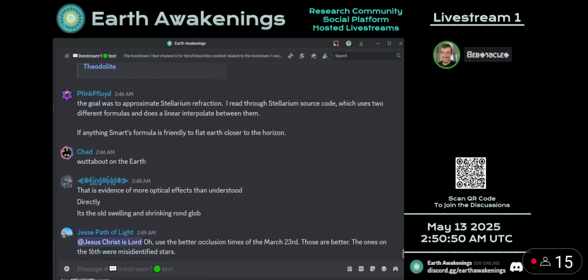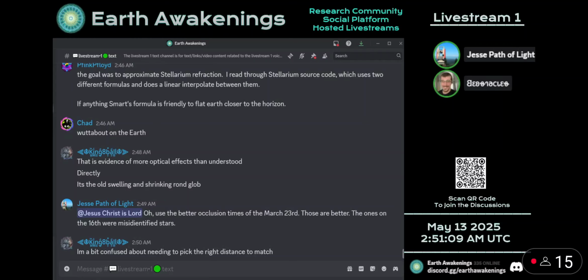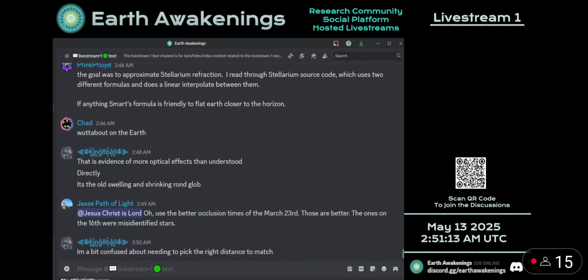Couldn't figure out how to cherry pick the data until you incorporated refraction into the Hefron method. Congrats. Well, remember that I'm not using the simulator as evidence. I'm simply using the simulator to help me know where to go to get globe results, rather than being objective and just taking in the data as is. Yeah, but the point is, if I can demonstrate that the distance affects it that way to match flat or globe,